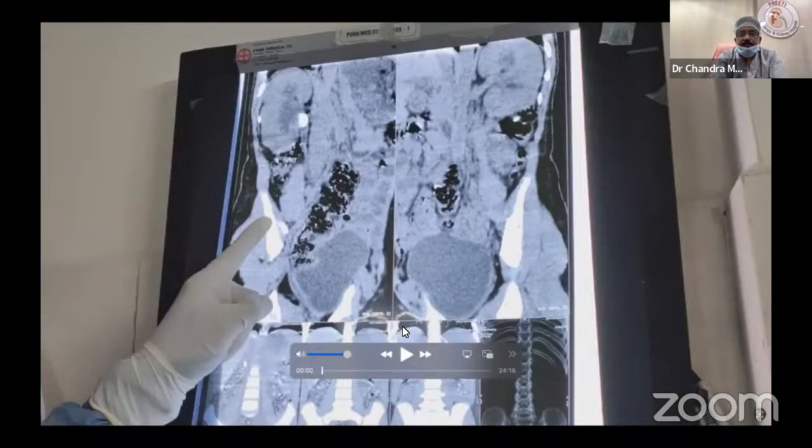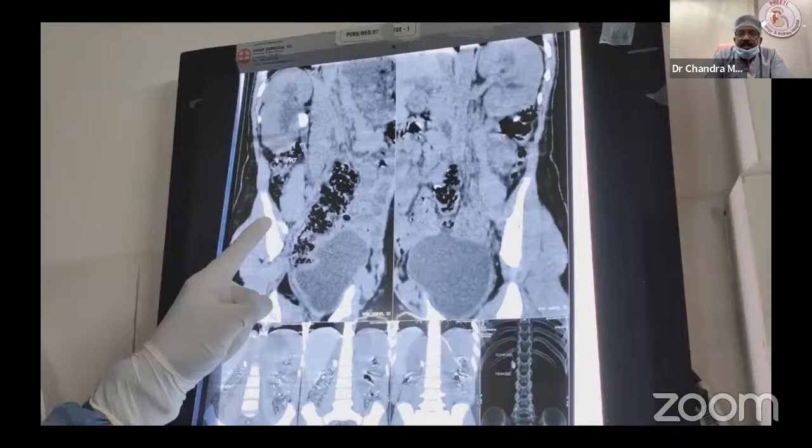So, the patient is a young boy, around 5 years, with a 1.5 centimeter kidney stone impacted at the PUJ region. Now I will share the screen and show the video completely and explain what has happened with this. So this is the video. You can appreciate here